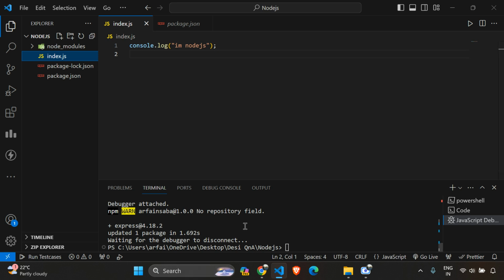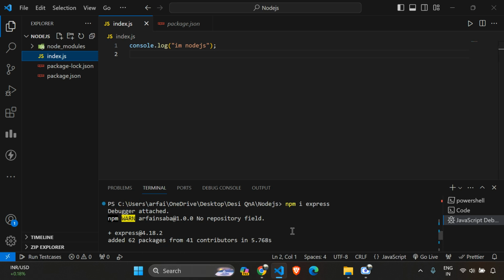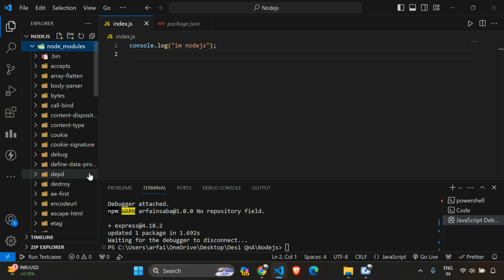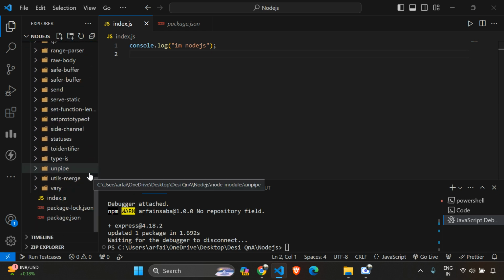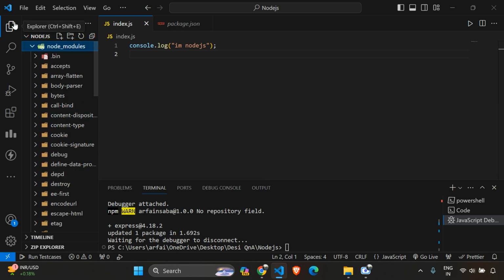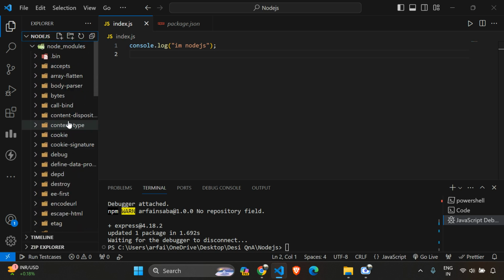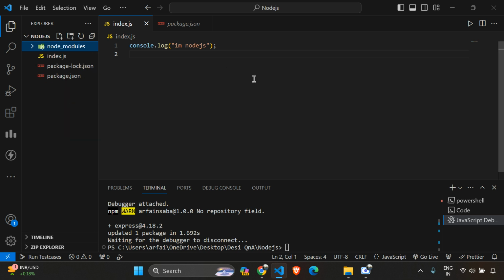And you can see, as I ran our npm install, our node modules has also been added. Our node modules is actually a very huge folder. This contains all the libraries and all the data that we have installed that are required to run this particular project.